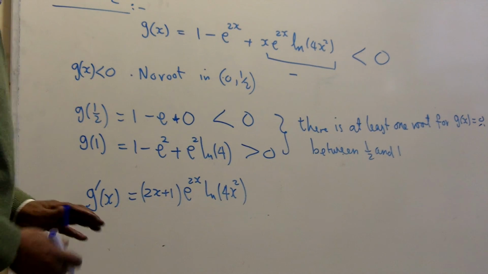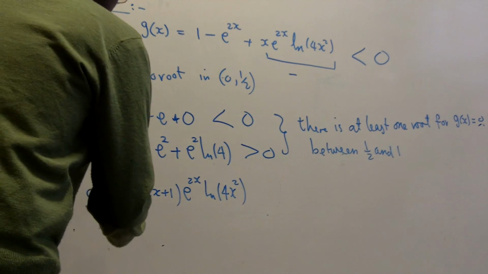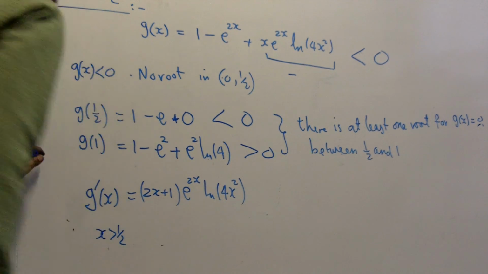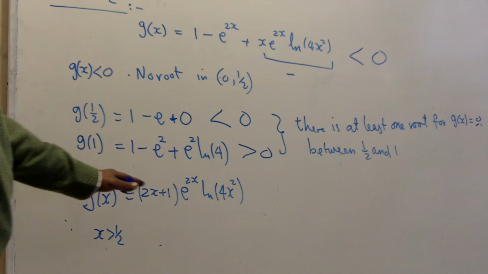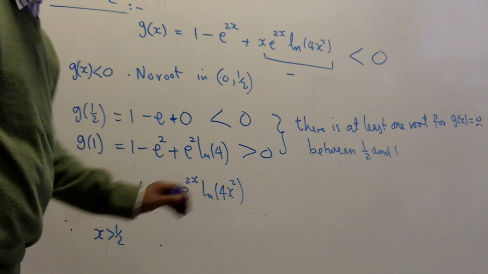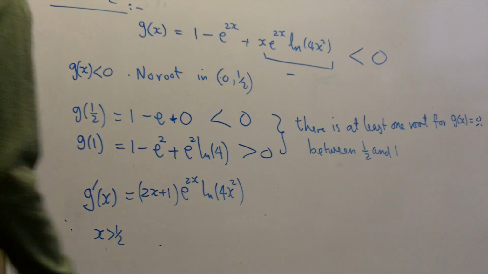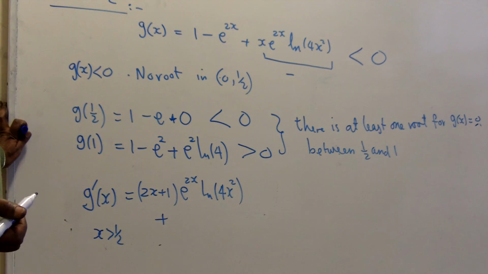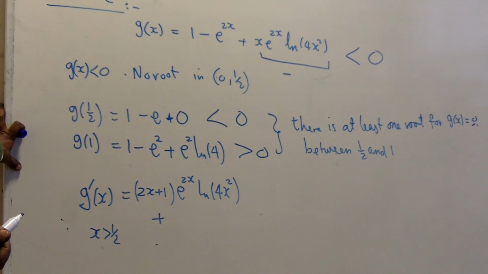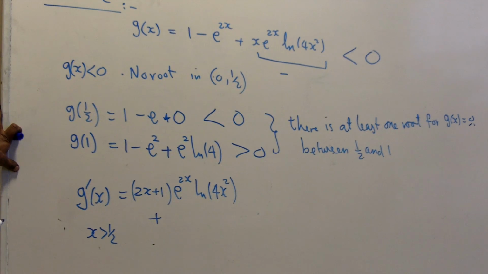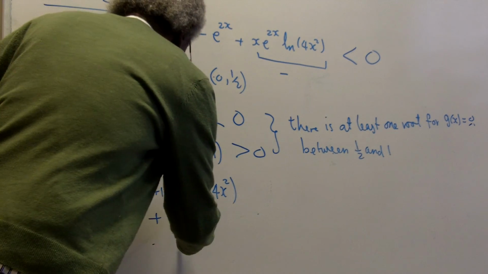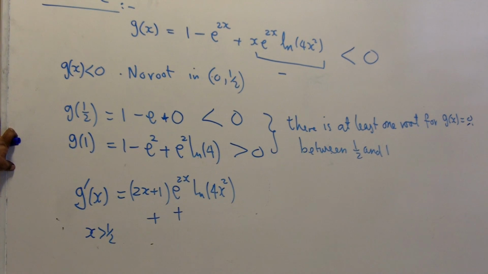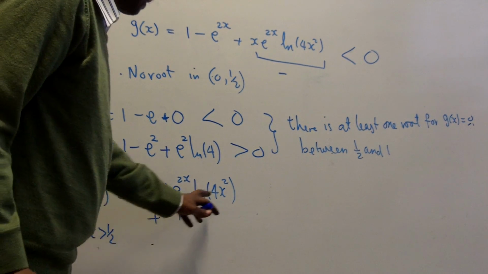Now if I look at what happens if x is greater than a half, what happens to this expression here? I'm going to look at this expression there. Now this is going to be positive. 2x, any number which is greater than a half, substitute it into 2x plus 1, and you end up with a positive number. e to the 2x is positive. Now a number greater than a half means